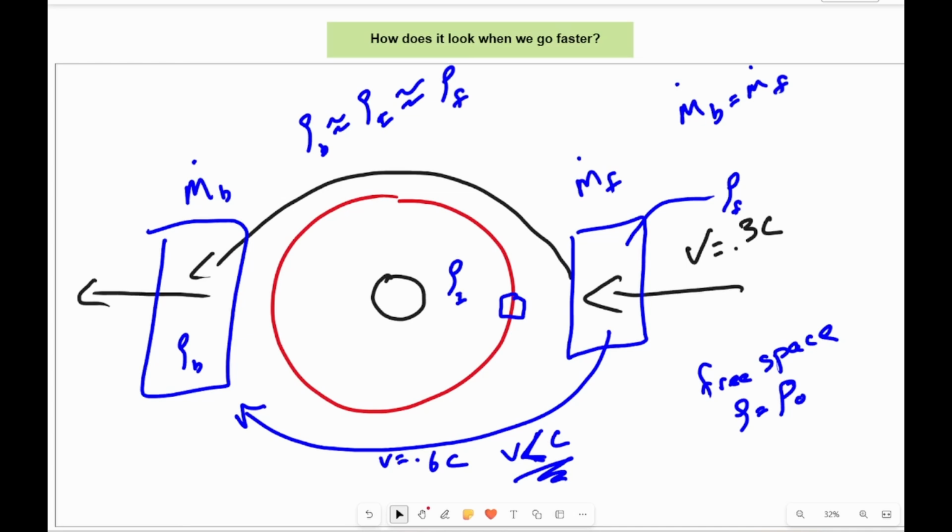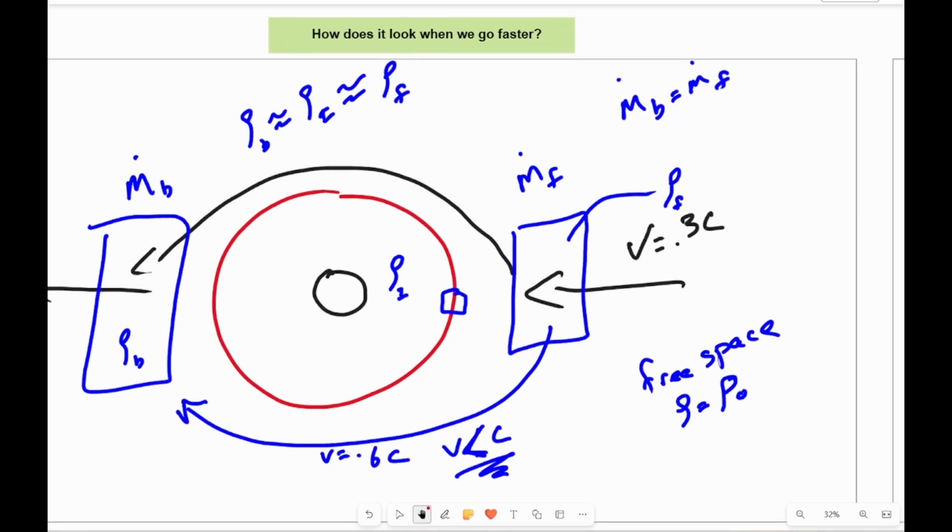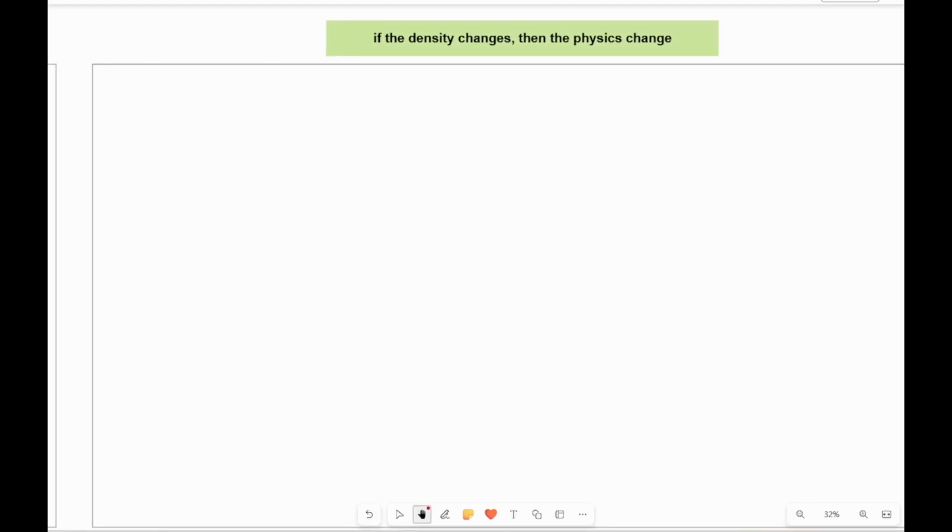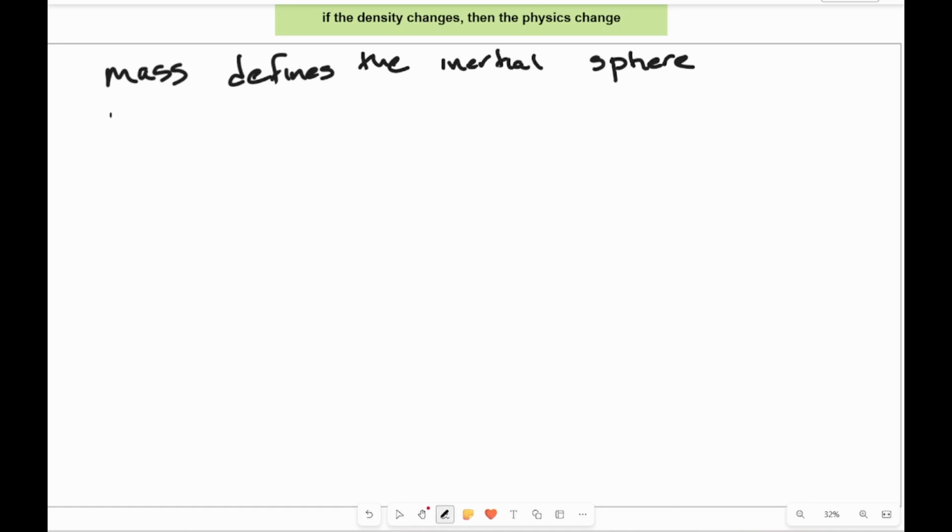Okay, so if we have an increase in density, the first question would be, isn't that going to change how the physics behaves? Because space-time is defined by these particles, right? So, does the density change in the inertial sphere change the physics? That's a great question, but we have to remember that mass defines the inertial sphere. Space-time particles define,